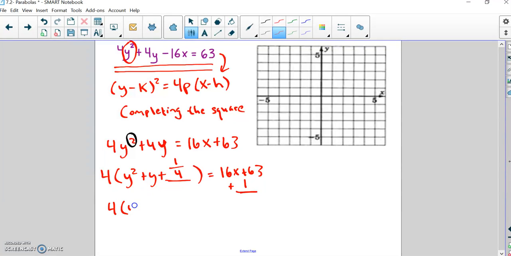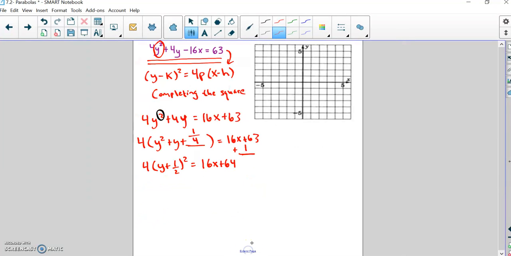It's going to be 4 times (y plus 1/2) squared, and that's going to be equal to 16x plus 64. Okay? Alright. I'm going to keep cleaning this up here. Notice that on the right side of this equation, there is no number in front of the x inside these parentheses. So the next thing that I'm going to do is factor something out of the